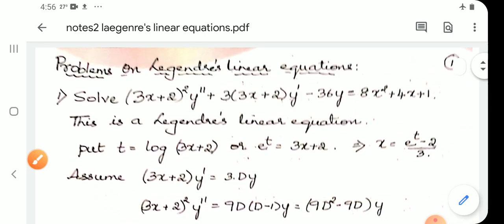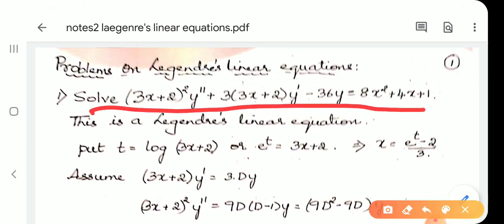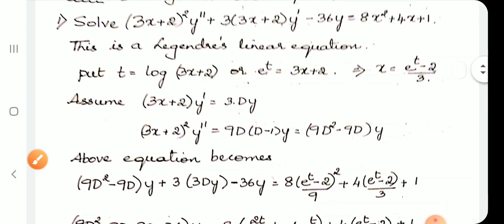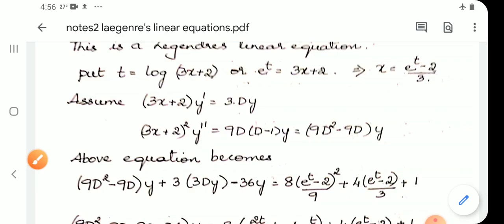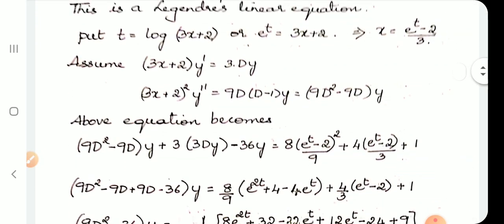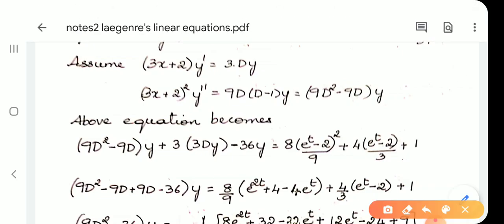The above equation now becomes (9D² − 9D)y + 3 × 3Dy − 36y = ...